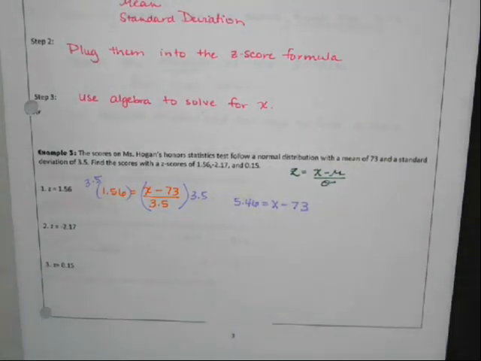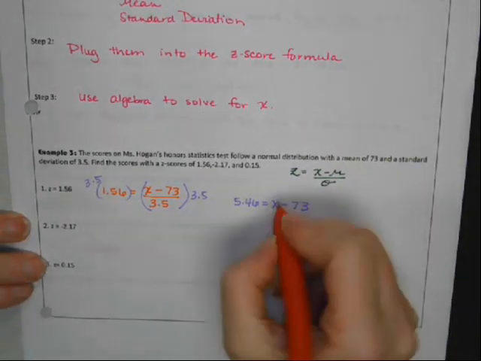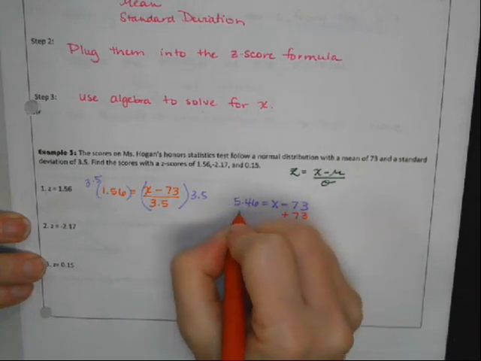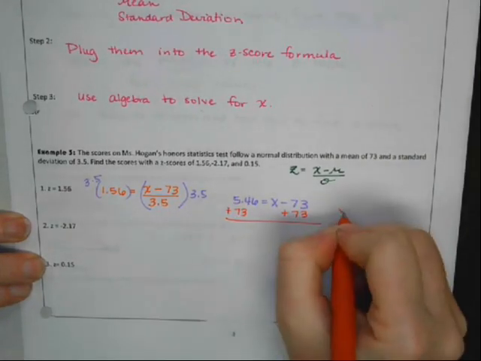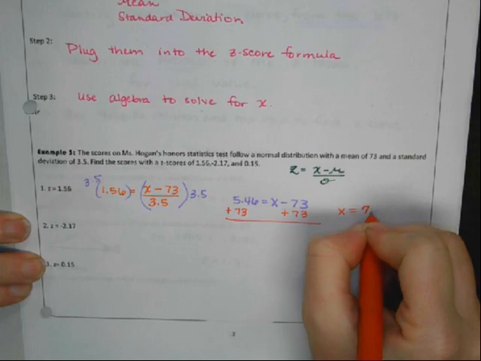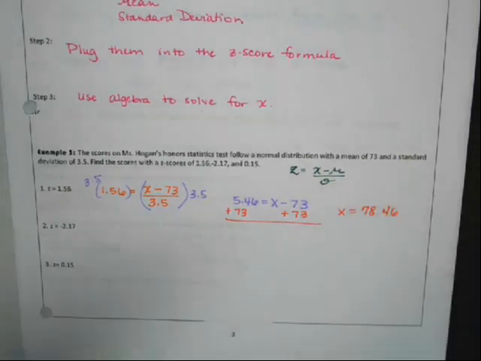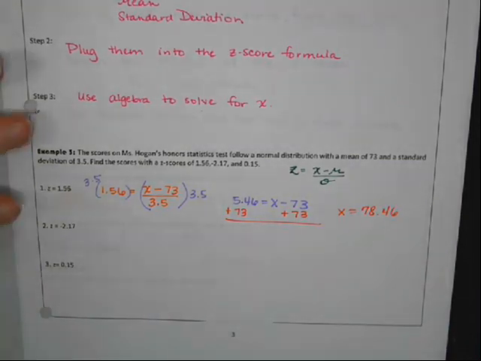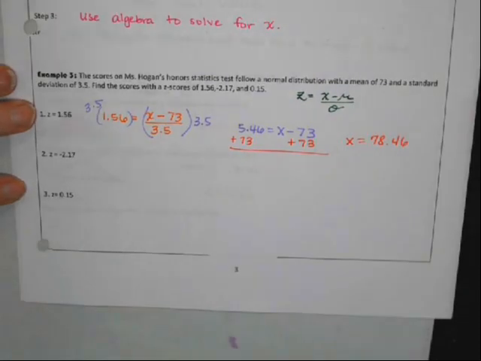Add 73 to both sides. And you get x equals 78.46. Easy enough, right? Just a little bit of simple algebra, so very easy. Very easy. So next we got